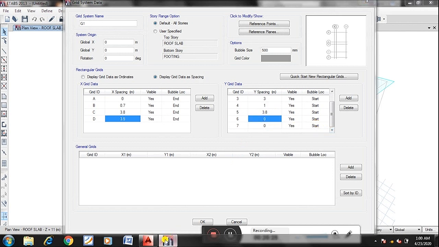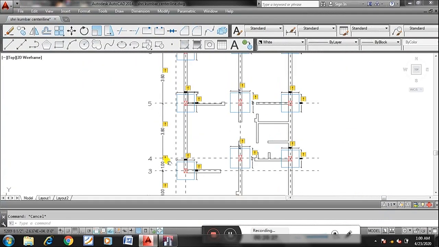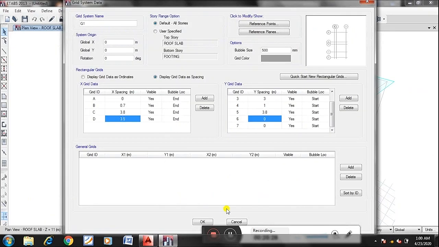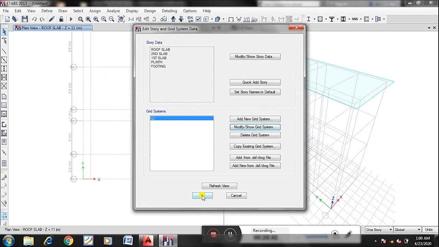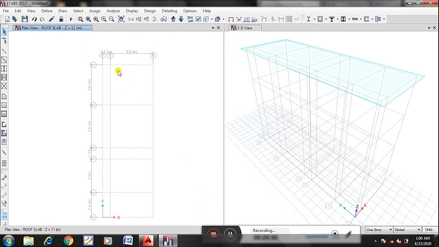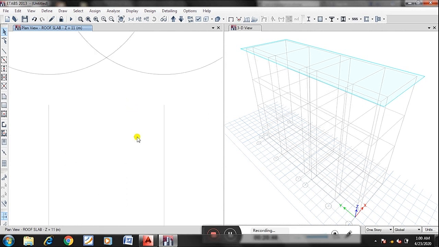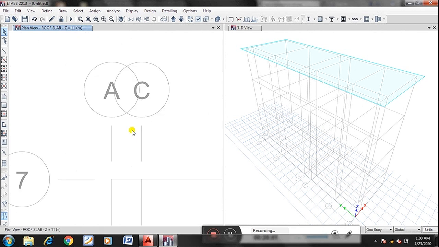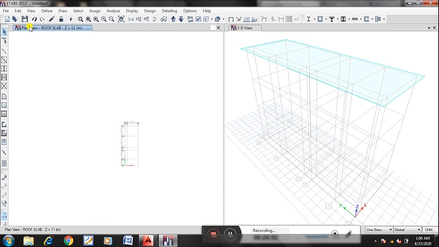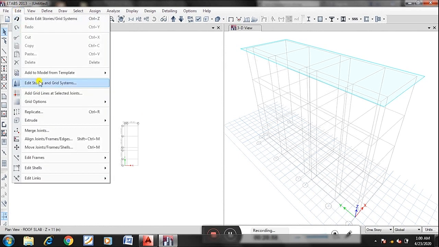Sixth one is 3.6 and 0.5, 3.6 meter and 0.5 meter. Okay. Is it modified? It is showing A to C. I'll edit once again.